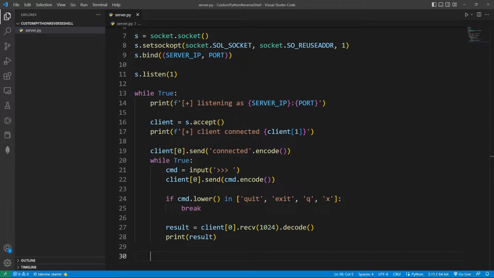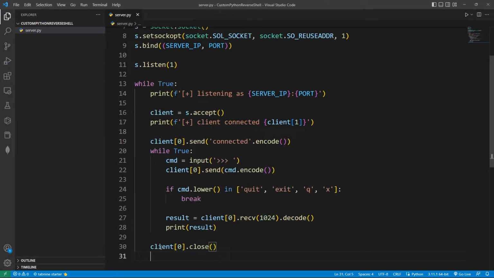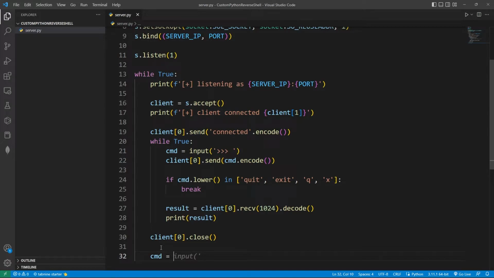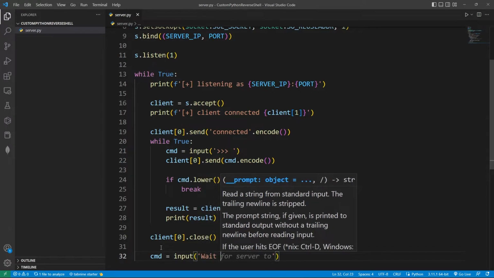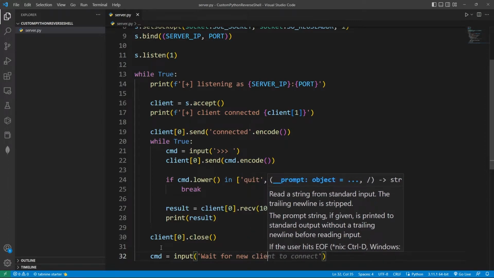Then now just over here, right? Now we're out of that one. We're on the same level as this while true over here. We're not in it, we're at the same level as it. We're going to do client, opening bracket, 0, closing bracket, and then dot close, opening parentheses, and closing parentheses, nothing inside. And then we're going to do cmd is equal to input, and then